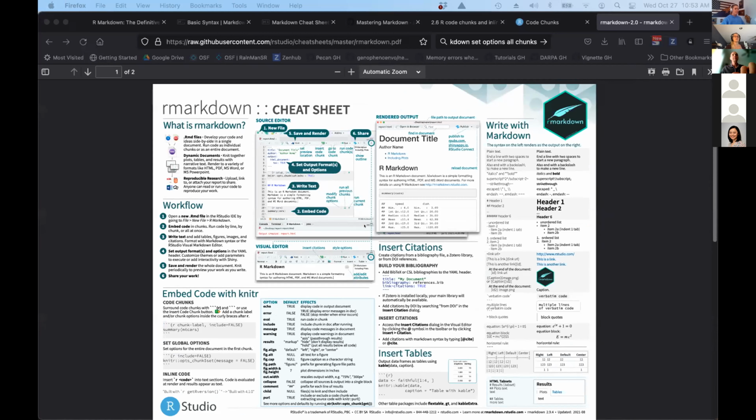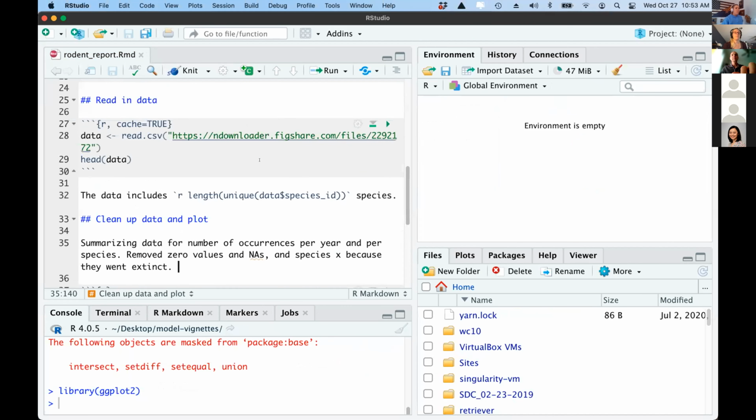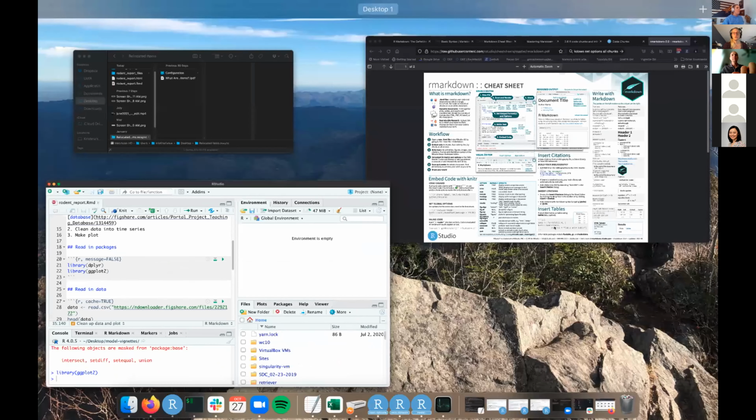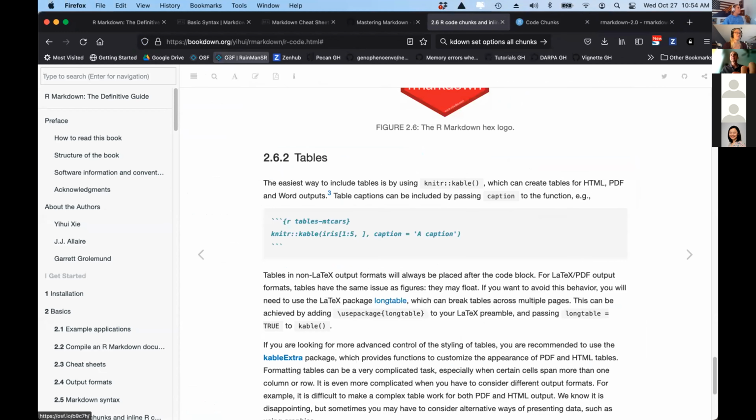And then I also wanted to mention, so what we did here, we just have made a fairly straightforward report, read in some data, plotted the data, cleaned the data. And this is the vast majority of what I use Rmarkdown for, but you can also do a ton of other stuff. And so if you explore this book, it goes through a lot of those things. And I just wanted to mention them because I even forget sometimes how many things you can do using Rmarkdowns